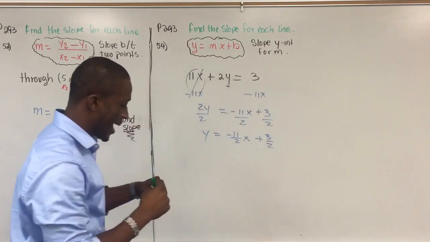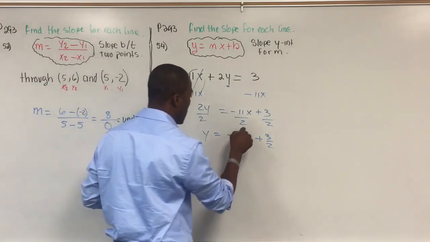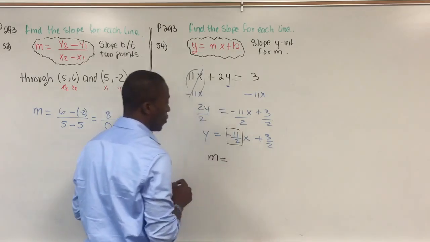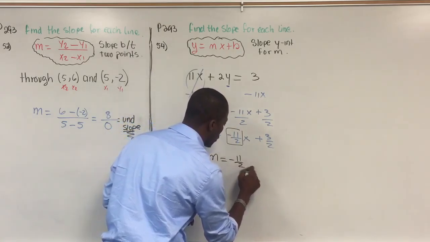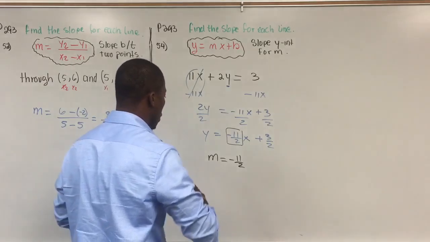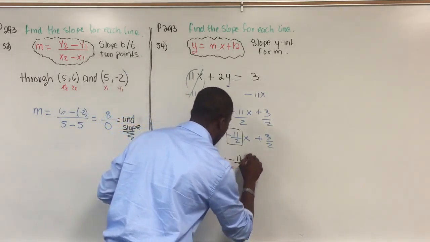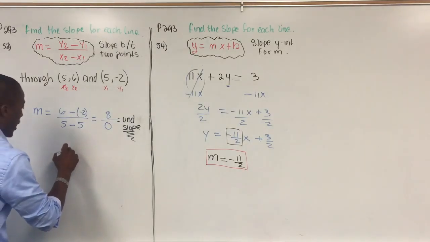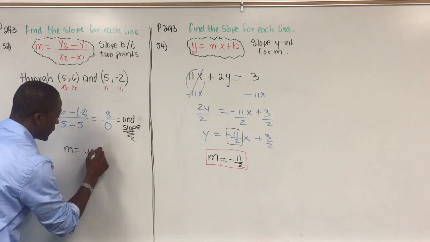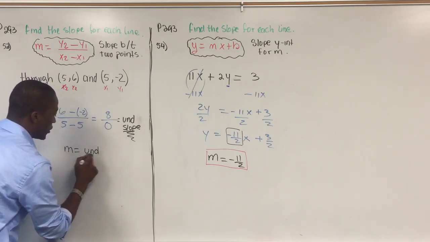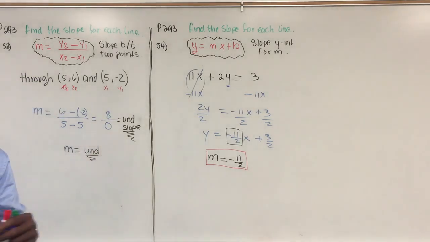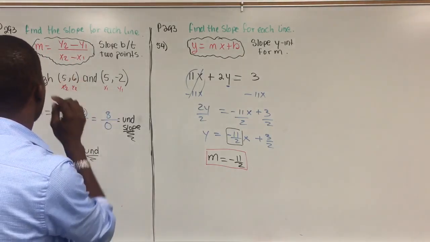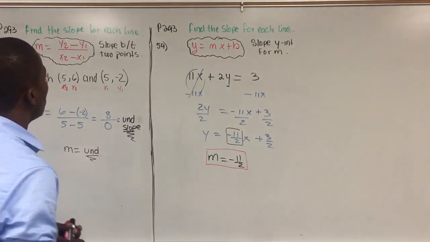And therefore, we can say our slope for this is going to be this value here. So we're going to say m equals negative 11 over 2, and that will be our slope for that equation. And for the other one, the slope m equals undefined. Okay? And then you can just abbreviate it like this. That will be fine. And that covers 52 and 51 on page 293,